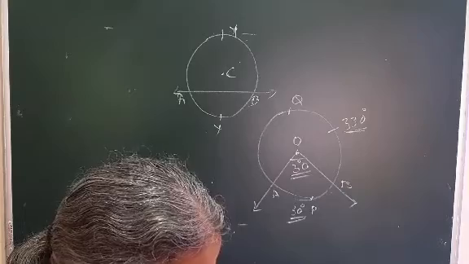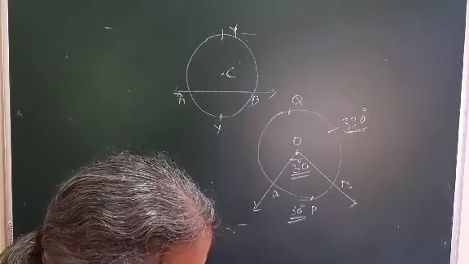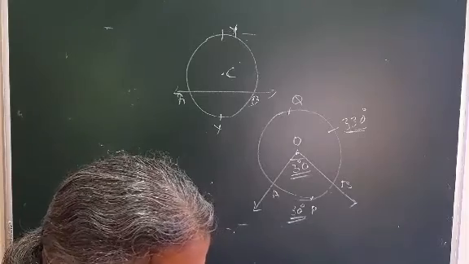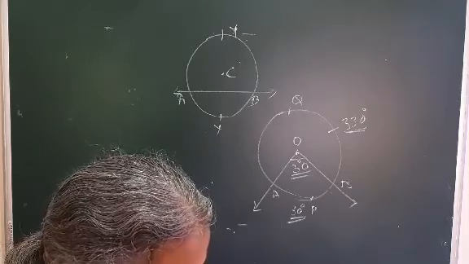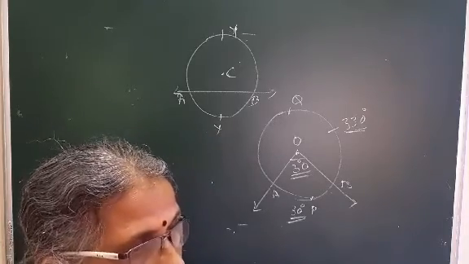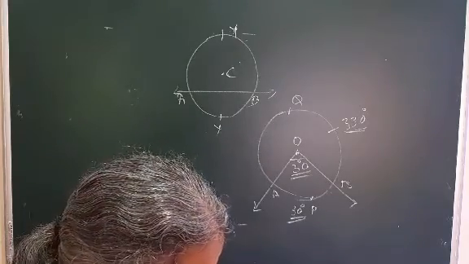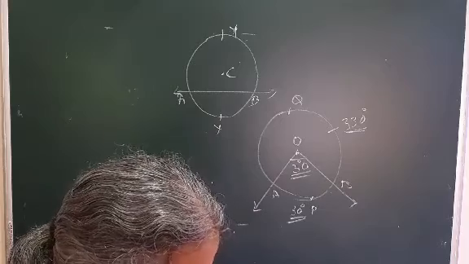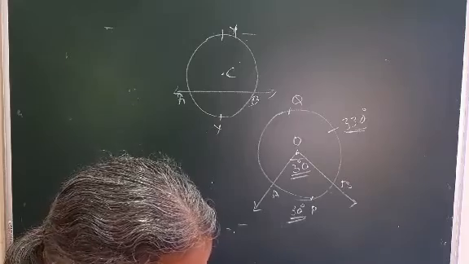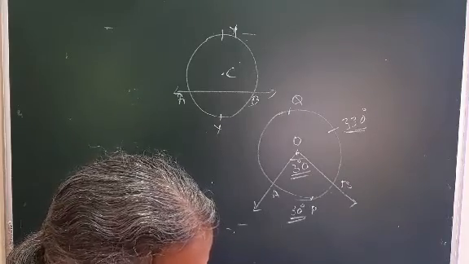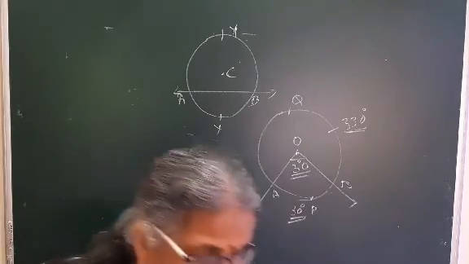So here they have shown you figure 3.32. Major arc ABC plus major arc CDE, here we can have the addition of these two arcs. In total we get major arc ACE. Arc addition is allowed because they have the common point C between them. But major arc ABE will not be equal to major arc ABC plus major arc BCE, because between the two arcs there is no common point. Followed? So that is the rule for arc addition.